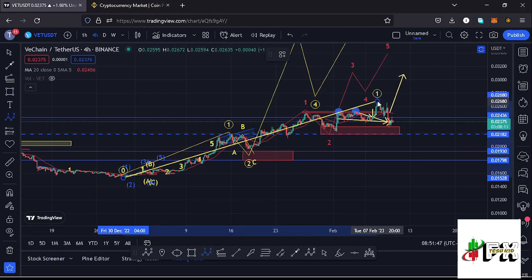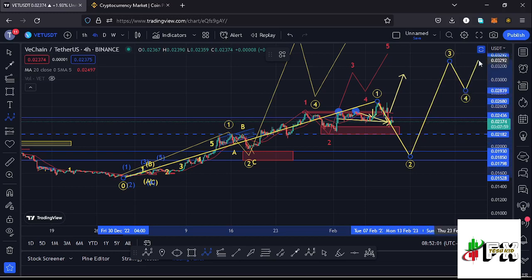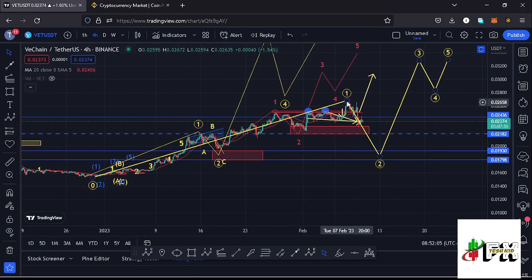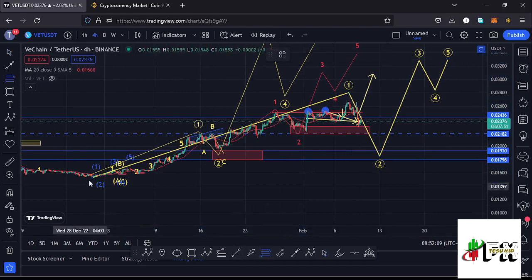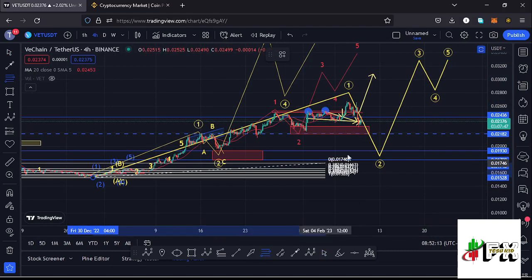$0.0252658 mark. And whatever we can expect after seeing the formation of a larger Elliot wave count 1 is a corrective structure in the formation of a larger Elliot wave count 2, before we can expect another bounce to the upside in the formation of that wave 3, then expect a wave 4, and then push even higher in the formation of that wave 5. And sketching out a minimum target area to the lower side in the formation of this wave 2 by connecting the Fibonacci's from the low of the first wave to the high of that wave 1,